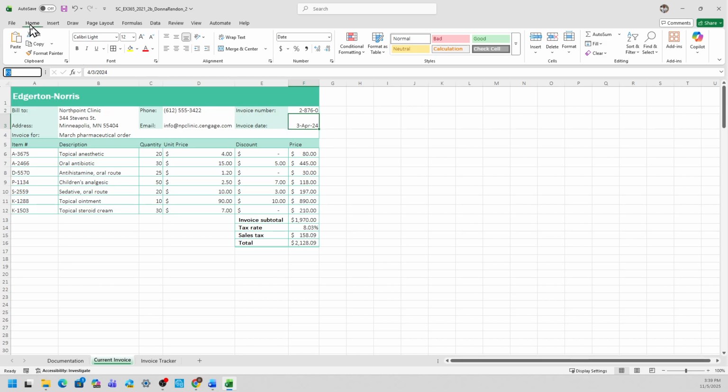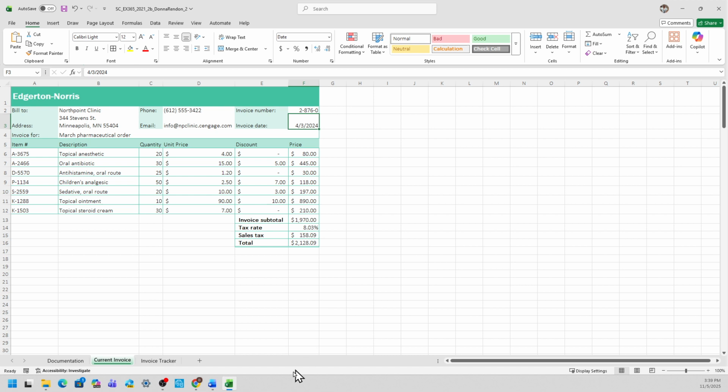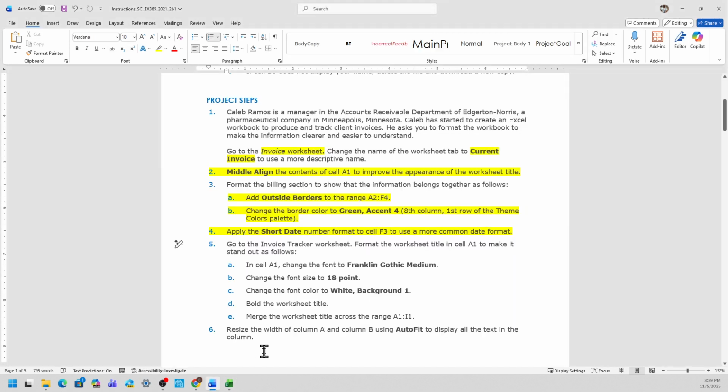Go to the Home tab if you're not there, and in the number group, from the date drop-down menu, which could be a different name there, select that drop-down menu and go to the list, select short date, and then the date format changes.